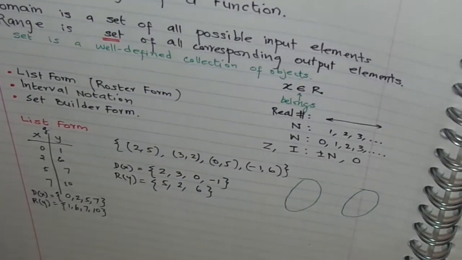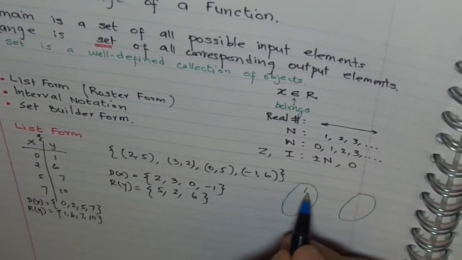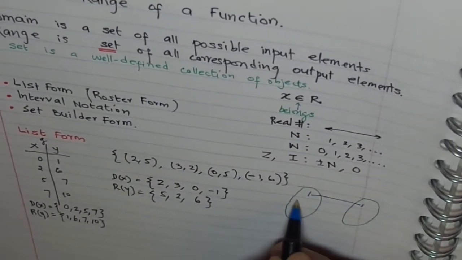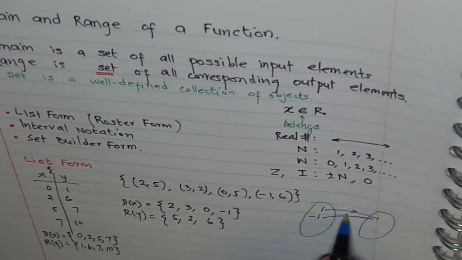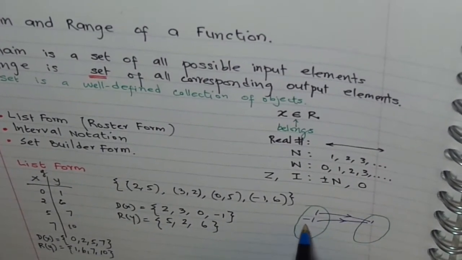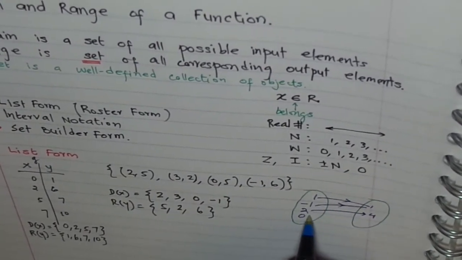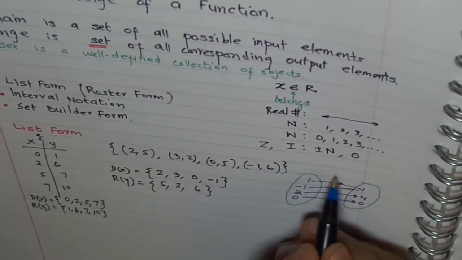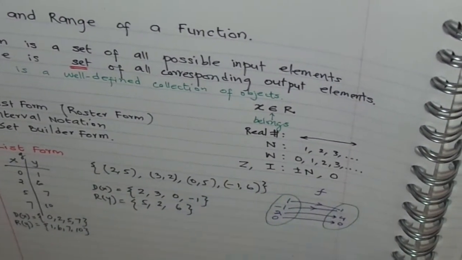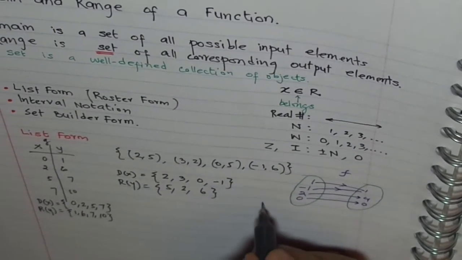Let's say in a mapping diagram we got these values. 1 is associated with 1, minus 1 is also associated with minus 1. The arrow shows the association in this direction. 2 with 4, 0 with 0. Now in this case, let's say this is our function f. In that case, we can write the domain of this function as,